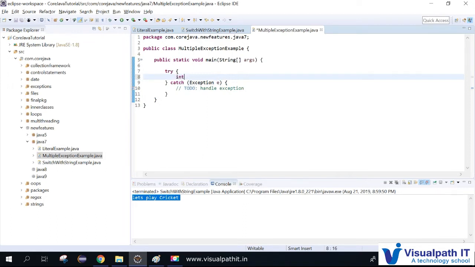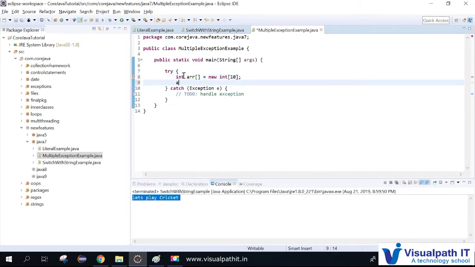I'll be writing code like this: int array equals new int of size 10. Then I'm giving 30 by 0.